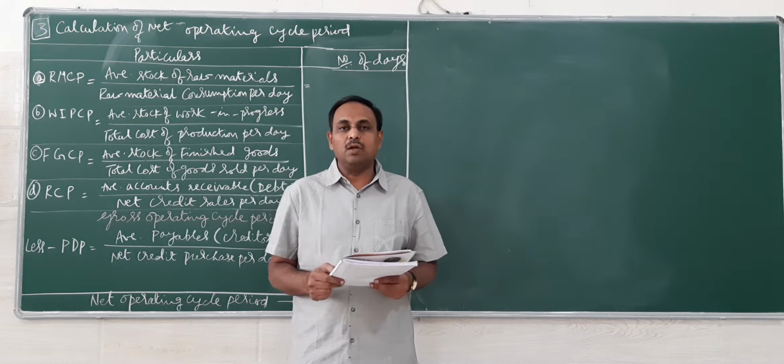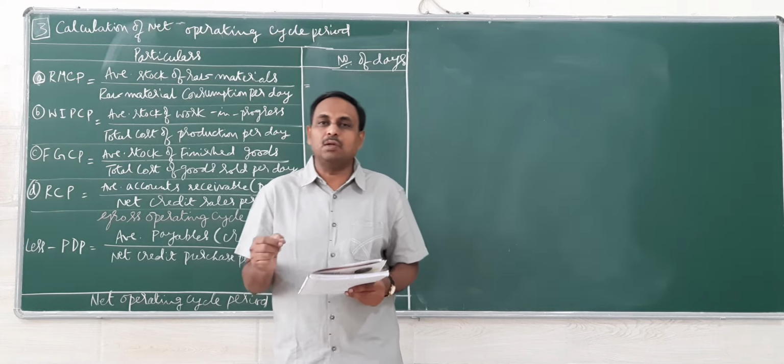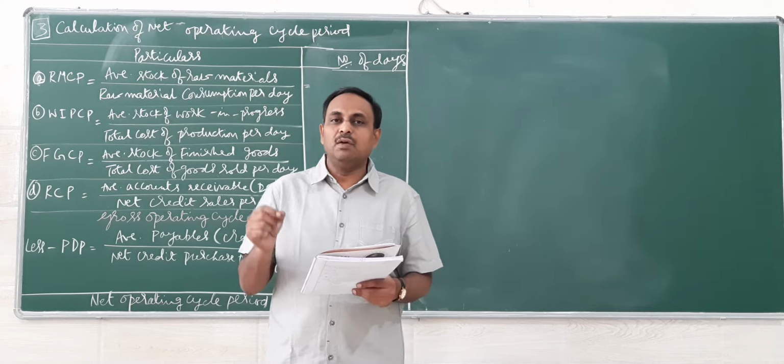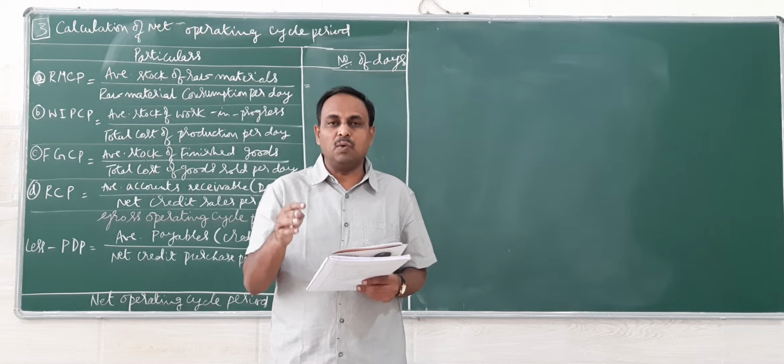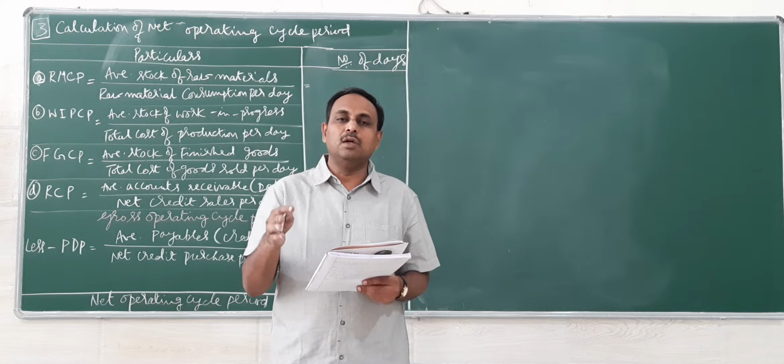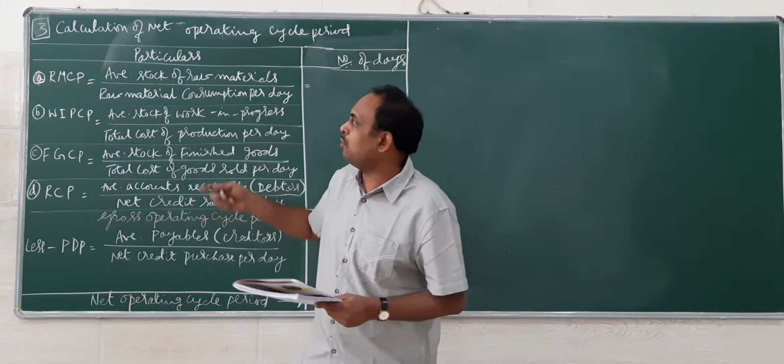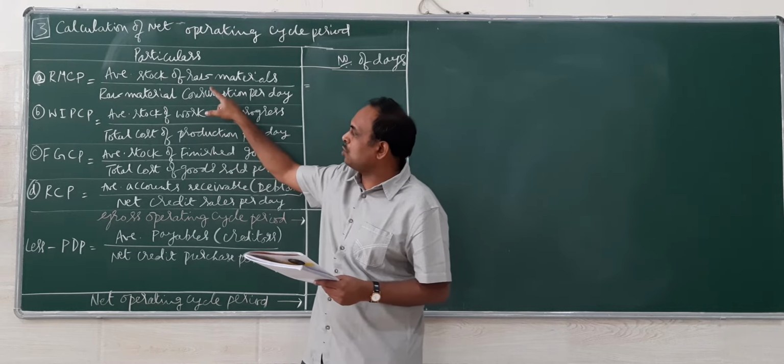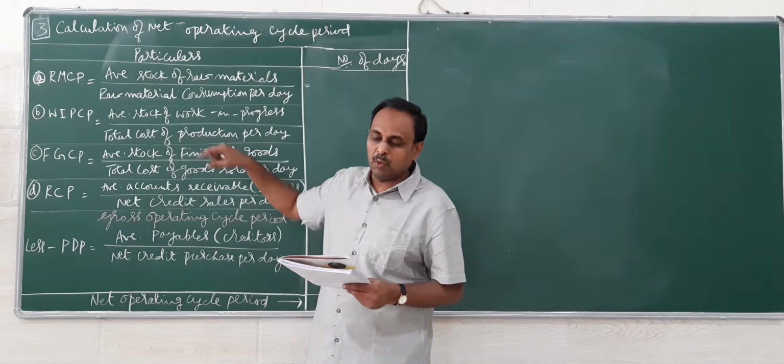Today we are moving on to the next problem, problem number 3. As you have seen, we have worked problem number 1 and 2. This is an advanced problem where you are going to learn more in detail because you have a lot of information connected to average stock here. So you are going to learn about that in this problem.